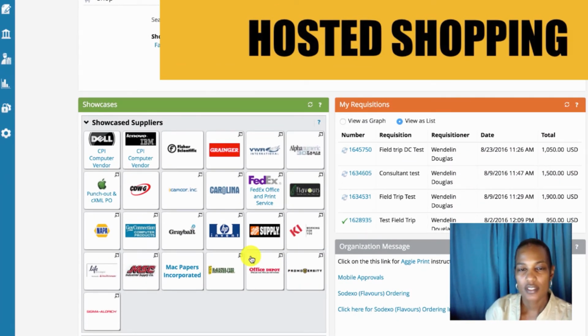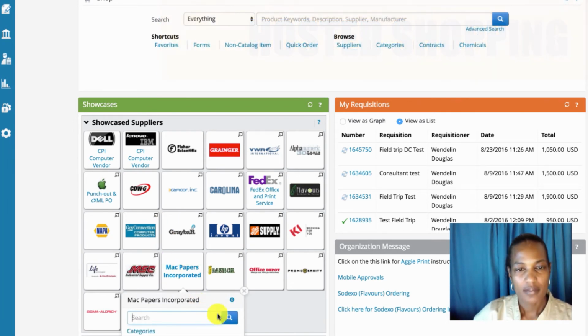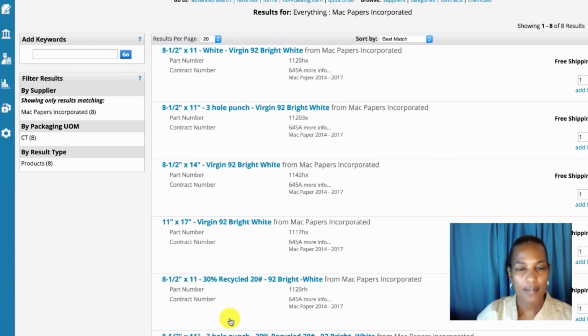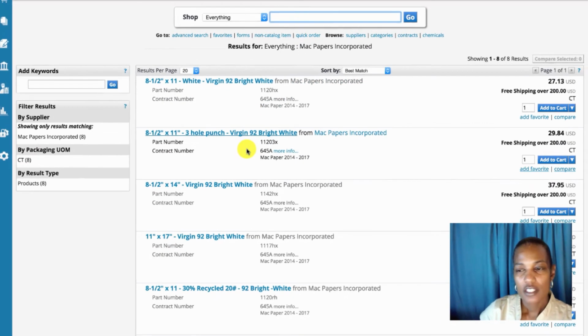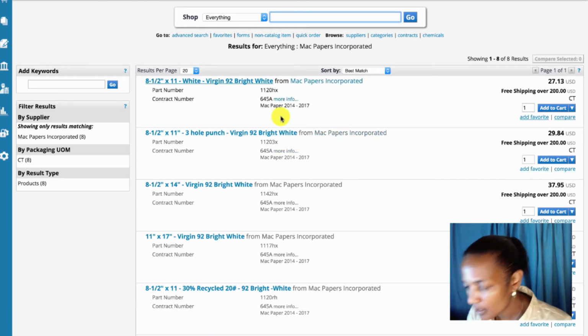And as you can see, the items appeared. This is copy paper. So any copy paper that we order here at the university should come from MAC Paper, especially if you're ordering a large dollar amount. So I'm just going to go over to my box and I am going to add